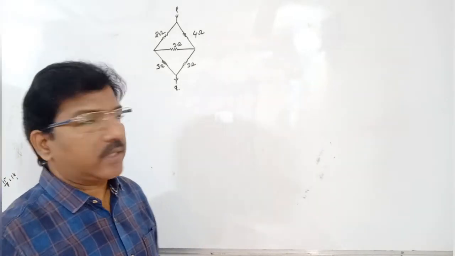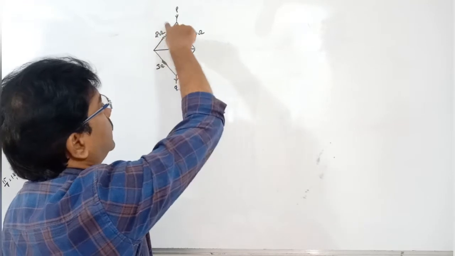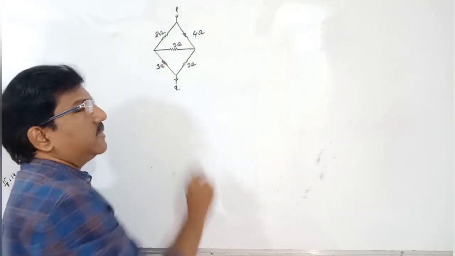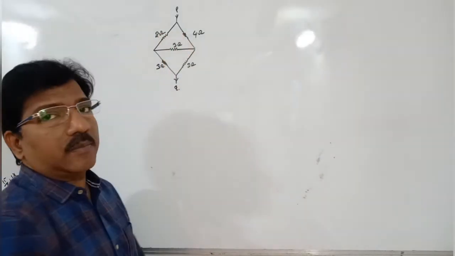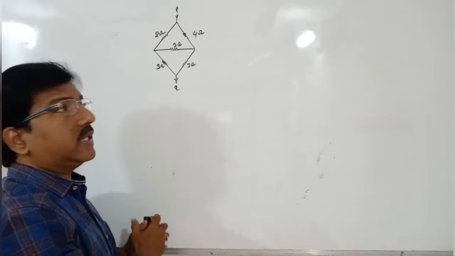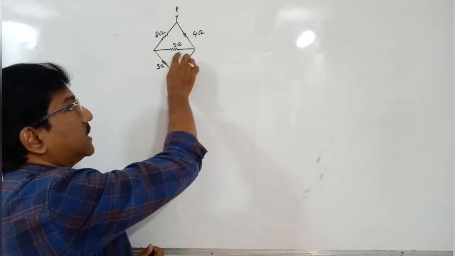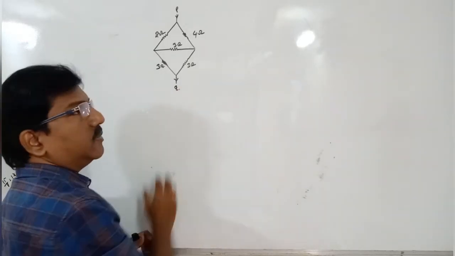Today we are going to study a somewhat tricky problem related to resistances: the delta to star model. Current comes here, passes through 2 and 4 ohms and reaches 3 ohms, and there is a bridge between the two. Here the P by Q equals R by S formula couldn't be applied because 2 by 3 is not equal to 4 by 3, so current passes through the bridge. So how do we solve such problems?